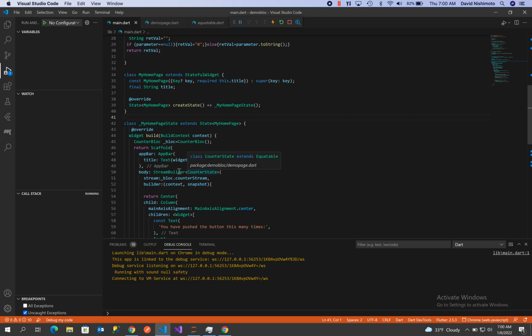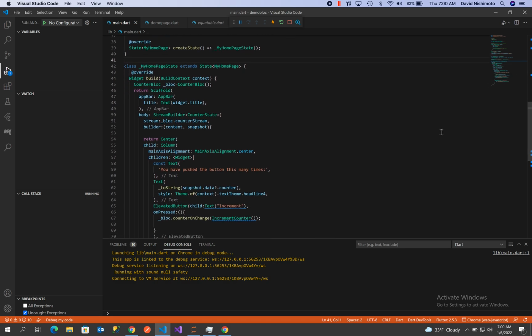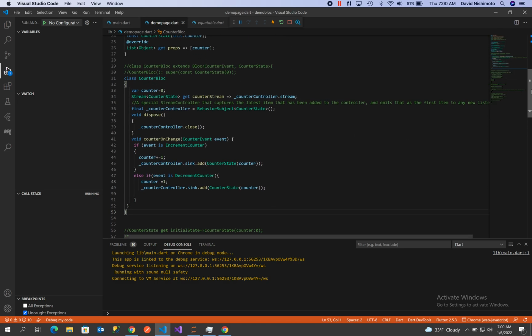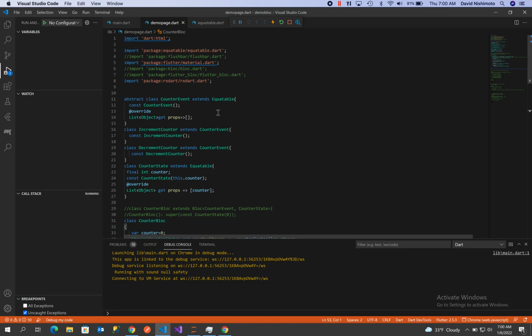And so you can see here that the stream builder knows that the type is going to be counter state that's coming back, and then it will pick up that counter state and display the value here using a function that I call toString. So what that's going to do is check for null, and if it's not null, then it will convert that to a string and display it. Okay, so let's go over and look at the demo code itself. Pretty straightforward. Okay, so what we're going to do is assign a counter event.